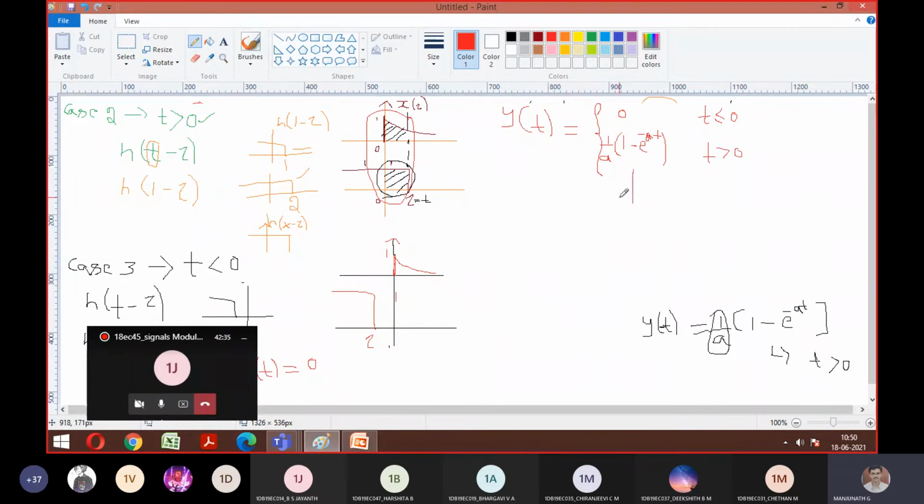For this, if you plot a graph with respect to the output, how does it look? How to plot y of t now? This is my x-axis, with respect to t. Now you should tell me how to plot y of t. You have an answer with you. You should give values of t greater than 0, that is one case. And what is the value of a you're going to give?